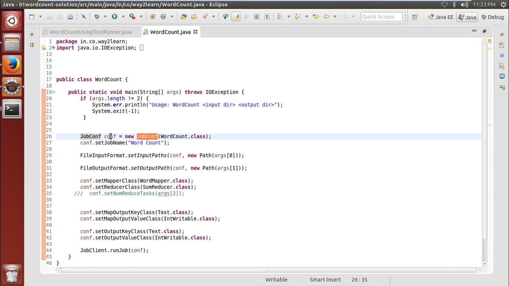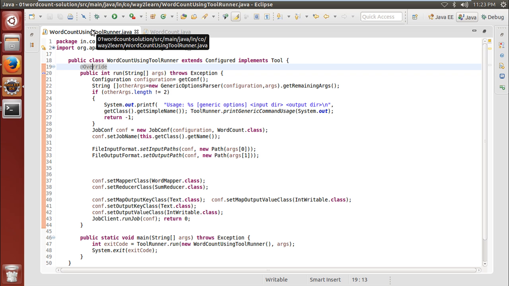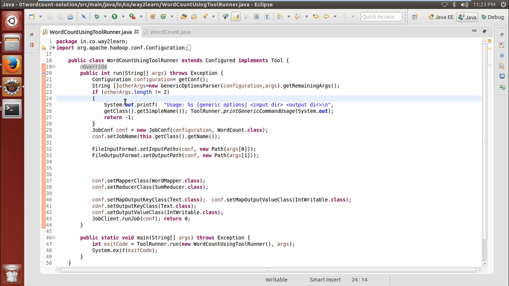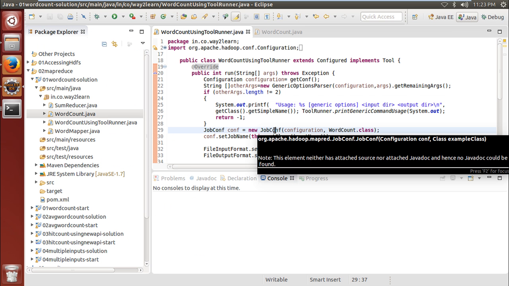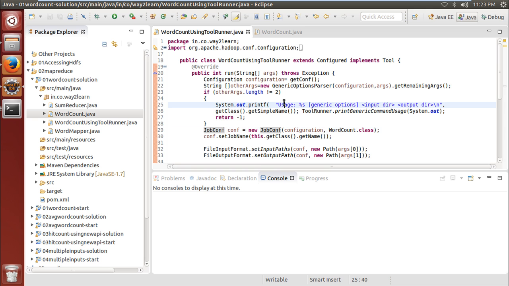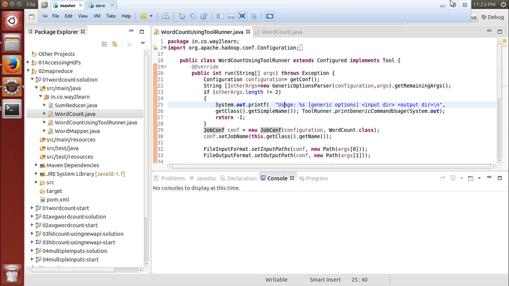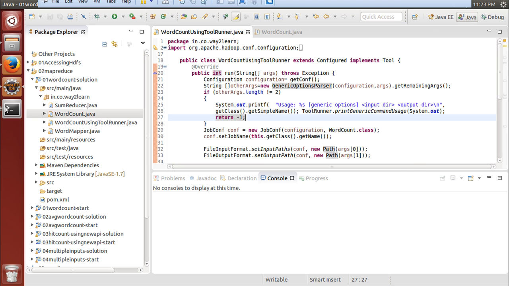I was creating a new configuration object. So if I use this one, the default value will be what? The number of reduced tasks will be 1. So if I want, I can actually set the number of default reduced tasks in MapRed-site.xml if I want. But if I want to programmatically configure the number of reduced tasks, I can pass them